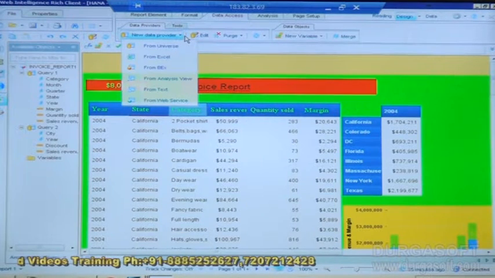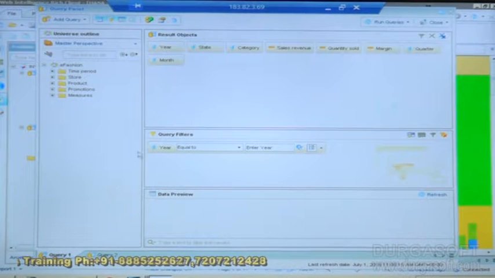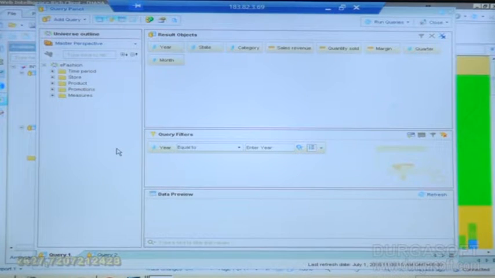Next we have the option called edit here. Under the edit option, if you want to edit any queries, we can edit the queries. If we have multiple queries, like query 1 and query 2, in that case we can also edit the multiple queries in different scenarios. It may be query 1, query 2, and query 3. We can combine them into one query and we can perform the activities. So that's how you can add multiple queries at one place, and we can do all those scenarios.